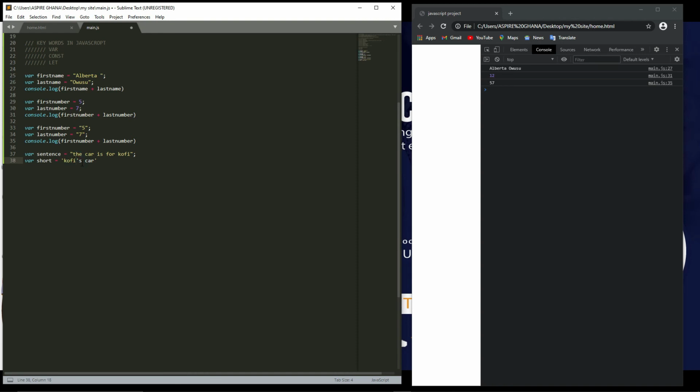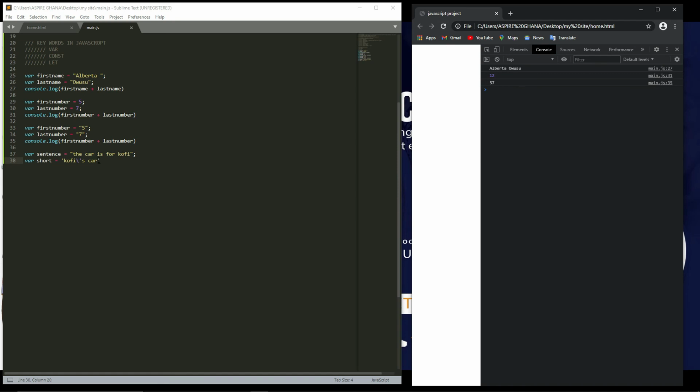You have an escape character, or you use double quote on the outside as the main quote and then single quote for the Kofi as apostrophe. But here there are two things. You either use the escape character, which is the backslash. So when you use the backslash, it is going to escape the character which makes Kofi an ownership, which is the apostrophe. It is going to escape it. So here when we save it and run it, it's going to say,